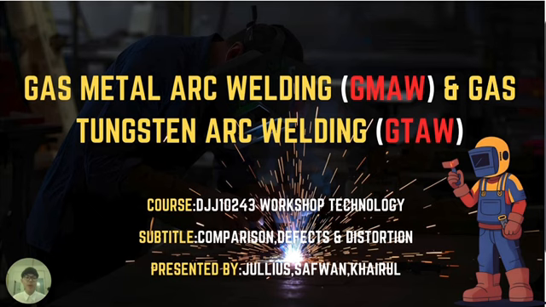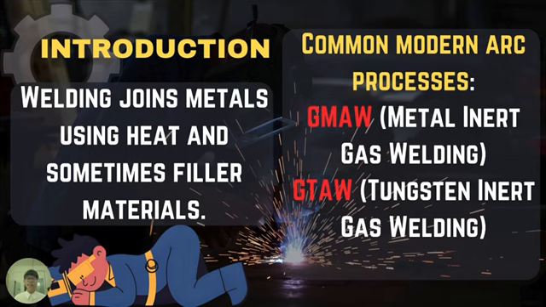Today, we are going to present about gas metal arc welding and gas tungsten arc welding, or more commonly known as GMAW and GTAW. Welding is one of the most important processes in mechanical engineering. It is used to join two or more pieces of metal by applying heat, sometimes with a filler material. There are many types of arc welding, but in this presentation, I will focus on